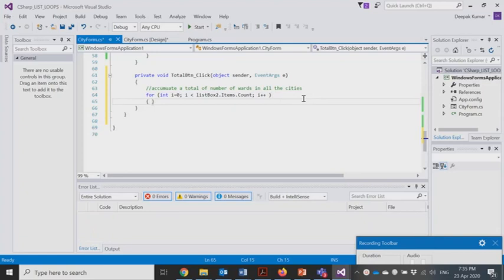and we have the opening and closing curly braces over here. So we have created int i is equal to 0, i is less than list box 2 dot items dot count. So this particular command here would count the number of items. This count property would actually count the number of items in the list box 2, and if we have 5 entries, this would be translated into 5 like in this example. Or if we have a different set of entries, it will automatically count the number of entries, and the for loop will execute accordingly.